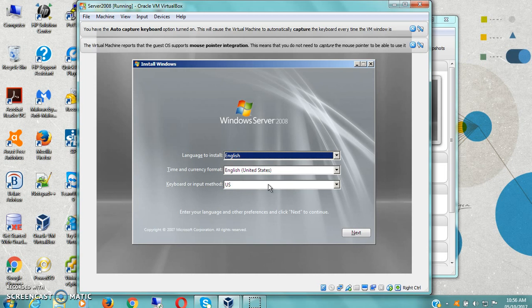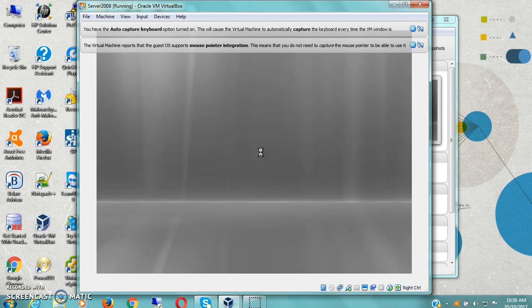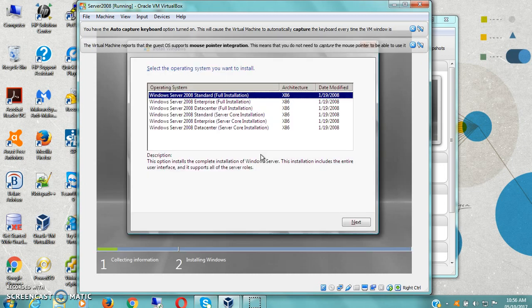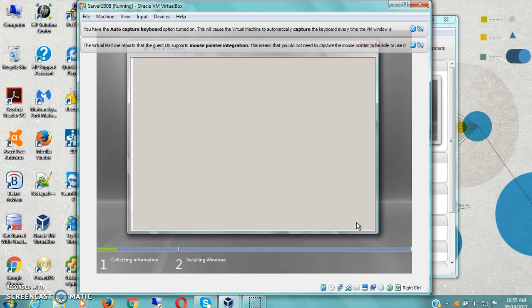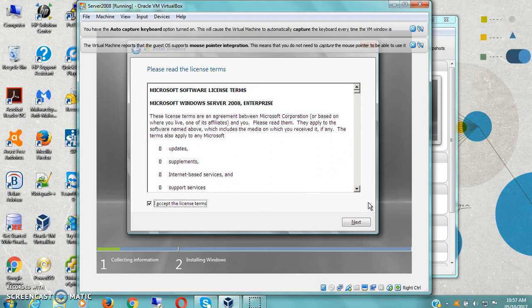And here's our first screen. So what we do is we leave these things by default English, click next, click install. Now this process takes the time it takes depends on the specifications of your laptop or your machine that is actually doing this installation. Alright, so we'll choose here Windows Server 2008 Enterprise, click next, accept the terms and conditions,